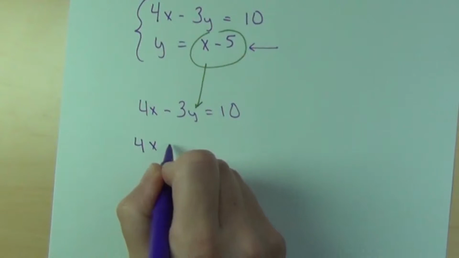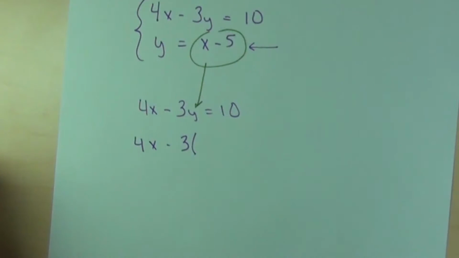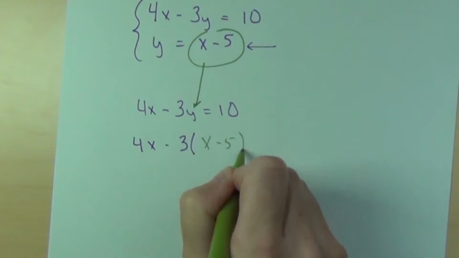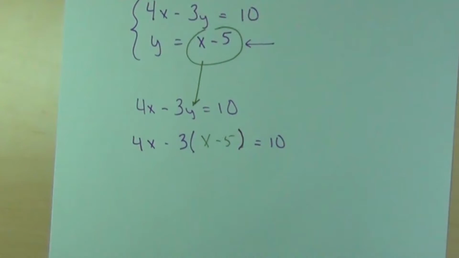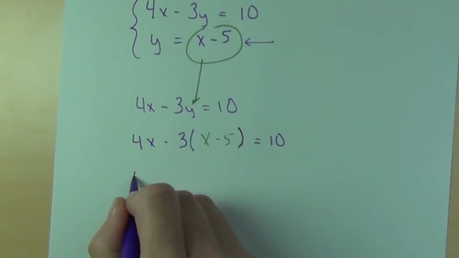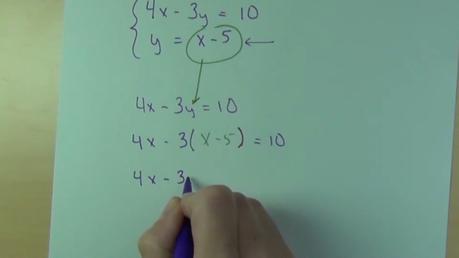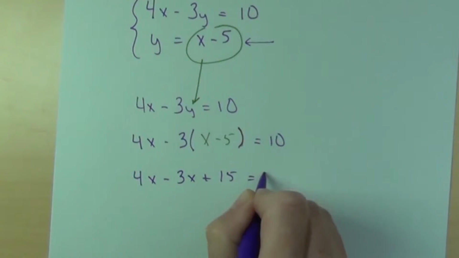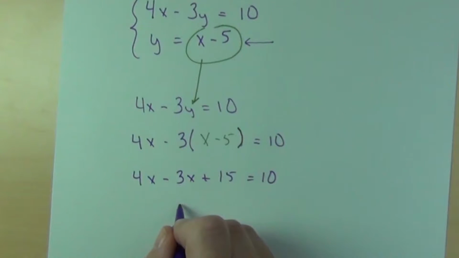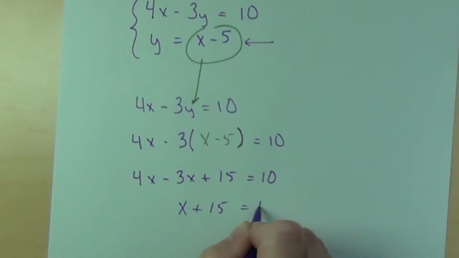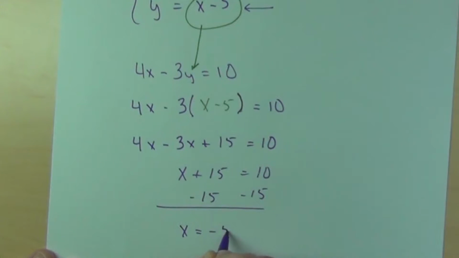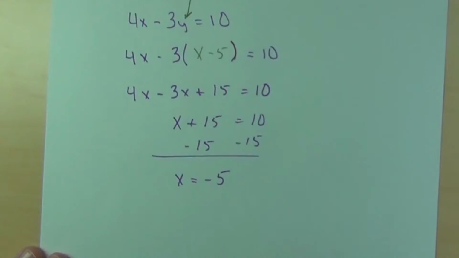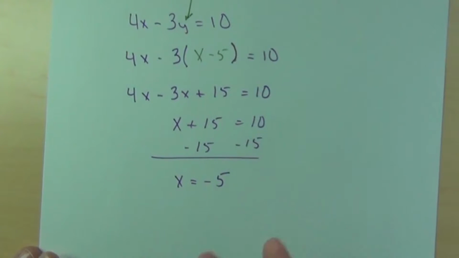That's going to give us 4x minus 3 times, and now y is x minus 5, equals 10. All right, and then we solve this just like any other equation because now we have one equation and one variable. So that is 4x minus 3x plus 15 equals 10. That's going to give us x plus 15 equals 10. Of course, subtract 15 from both sides, we get x equals negative 5. But we are not just solving for x, we are solving a system of equations, so we need both x